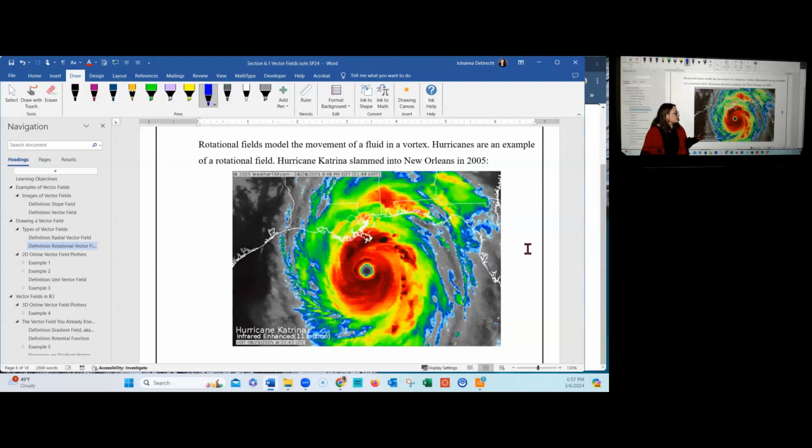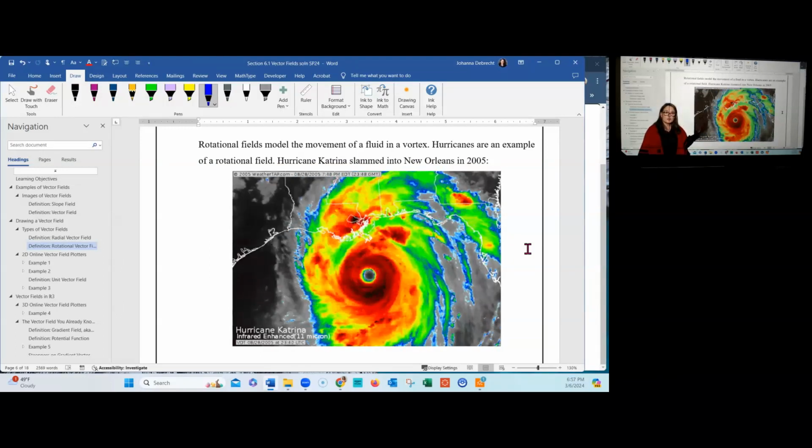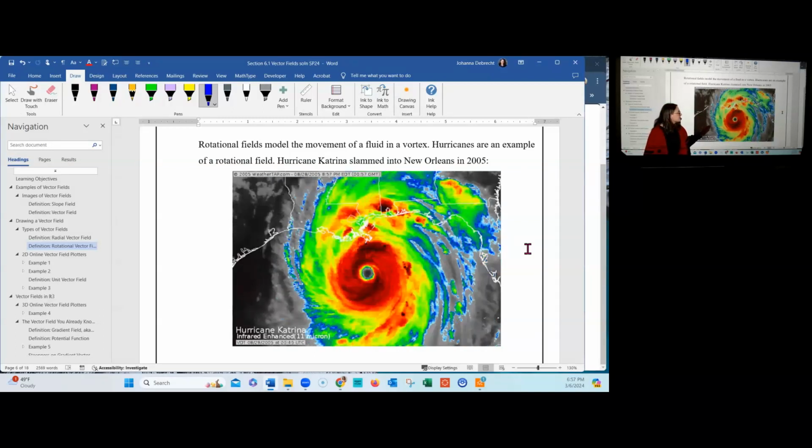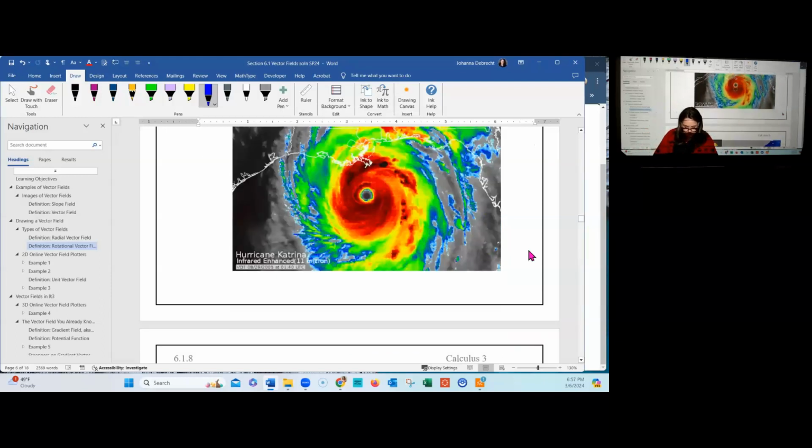When you're looking at these, it goes from high velocity winds out to low velocity winds, moving in a general counterclockwise direction as Katrina slammed into New Orleans right here in 2005. We can also look